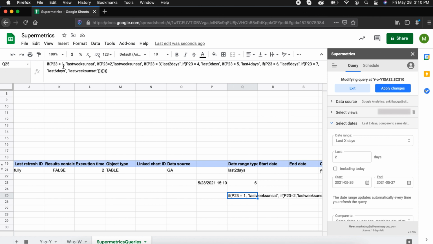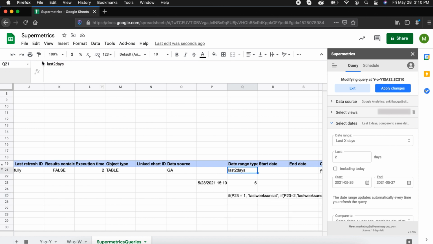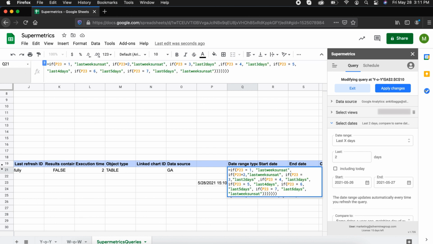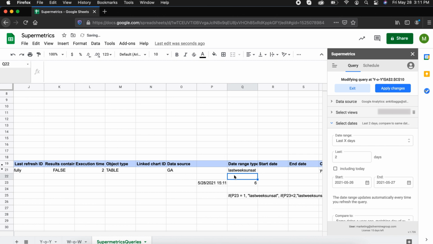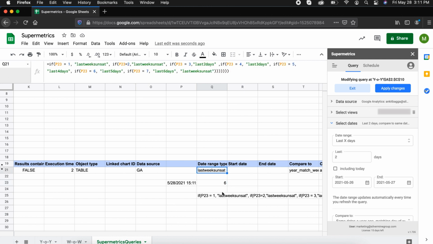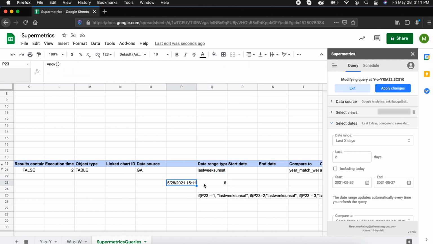So basically what I would do here is, this is P23, yeah. So I would replace this function. I'll give this in the comments of this video, so that you can just copy paste this function and just replace P23 with wherever you have the weekday function put up in your Supermetrics query sheet. So as you can see, today it is saying that last 6